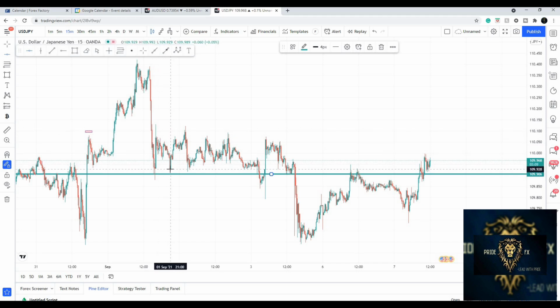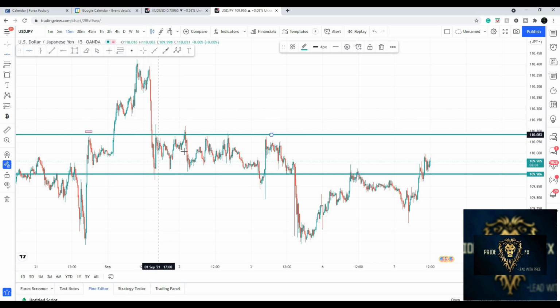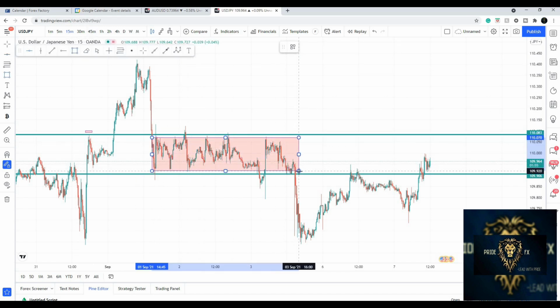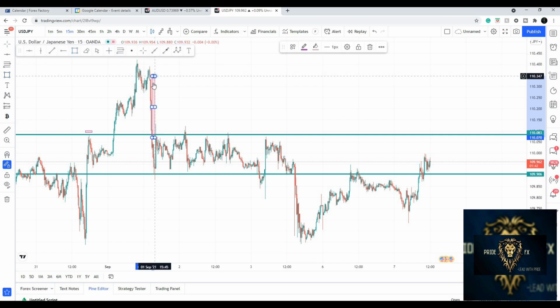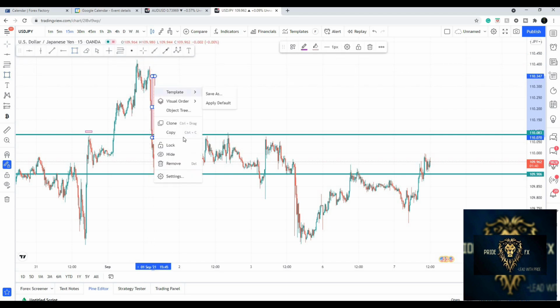So now we know for a fact that we are in a range, right? And so what we're going to do is just highlight that zone so that we can see what is happening. And so if I have to show you what's going on, we can see that this is in a range. We can see that the market is ranging in between these points, from support to resistance, and from resistance back to support, right? So now we know that that is a ranging market.